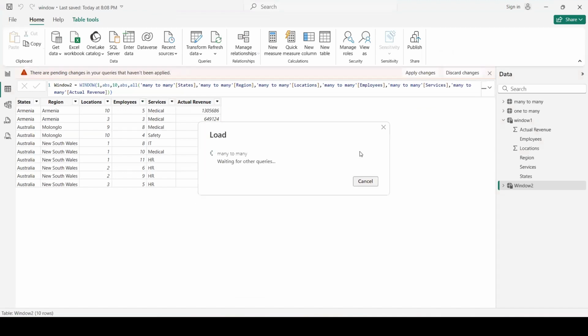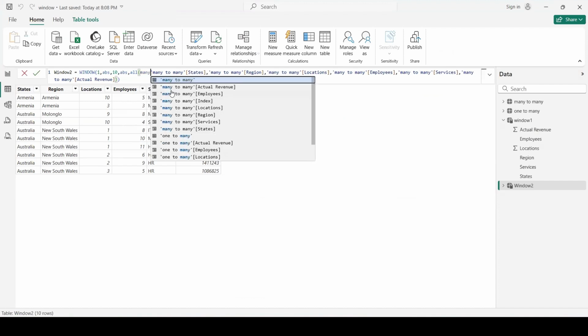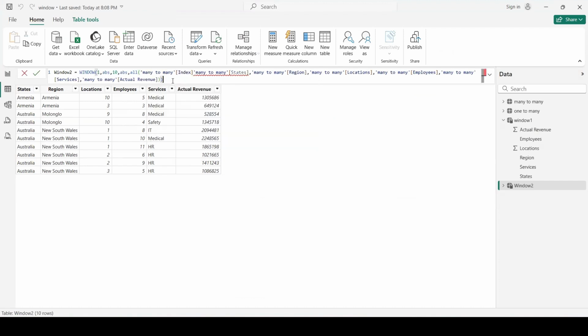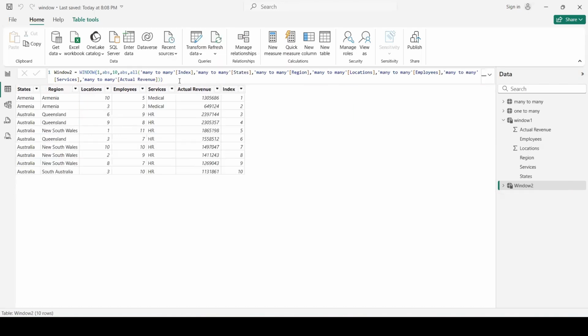And actually what we need to do now is only to place here the new column, index column, from our many-to-many table. So it is here, and just press enter. And also I forgot one comma here to separate it, and looks like we have now solved our problem.